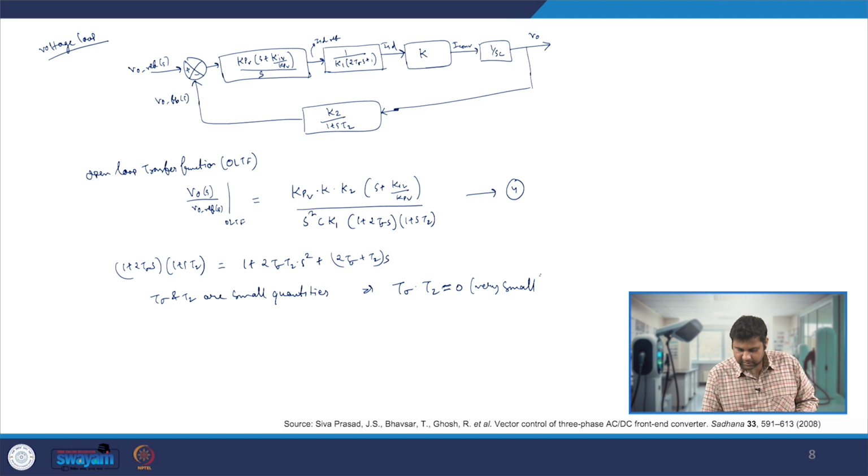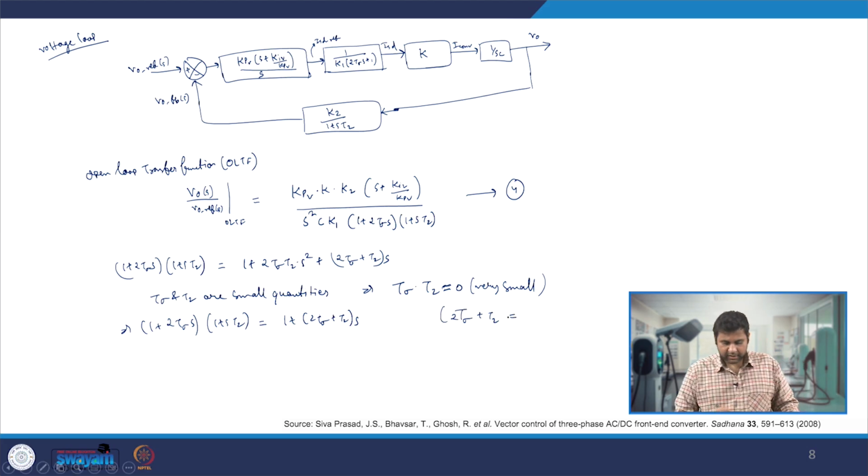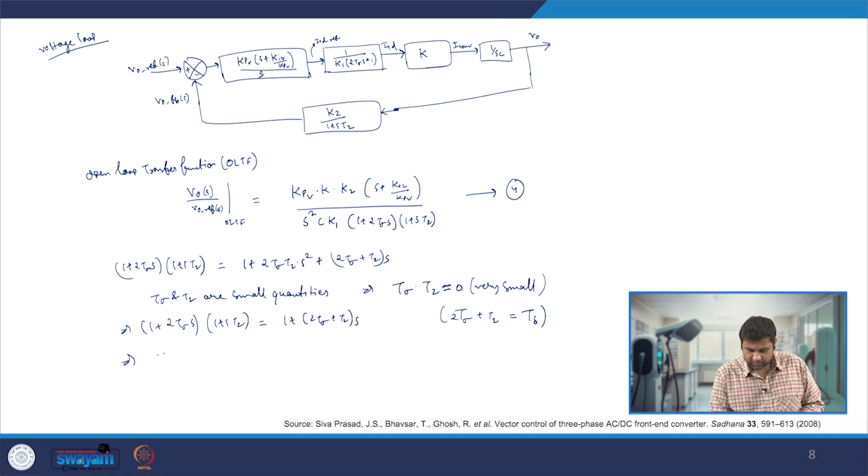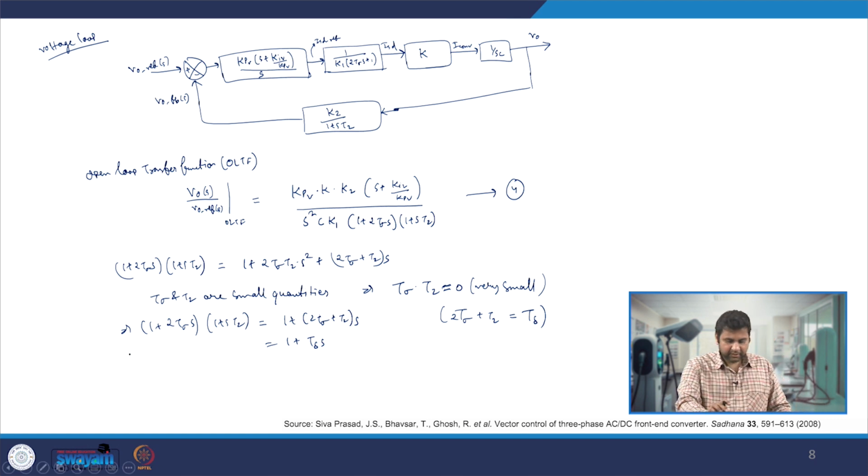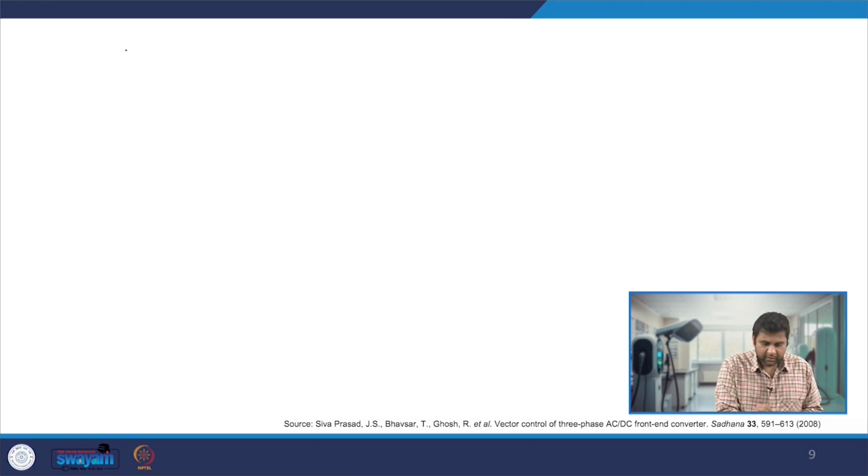So thus we can say that 1 by 2T sigma S, 1 plus ST2, this is nothing but equal to 1 plus 2T sigma plus T2 S, and then we can say 2T sigma plus T2 is nothing but equal to T delta, and we can just write this value as 1 plus T delta S. Thus we can finally write our equation number 4 to be V naught of S by V naught reference of S